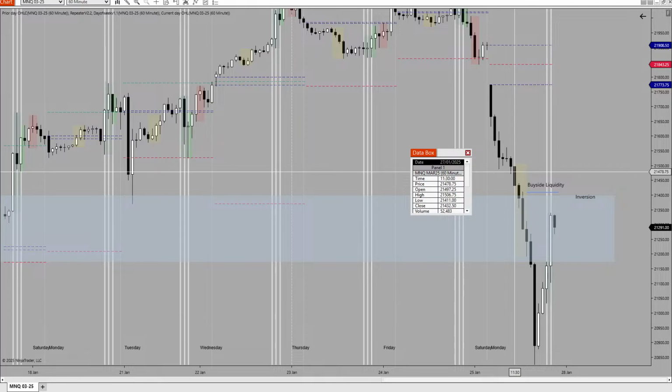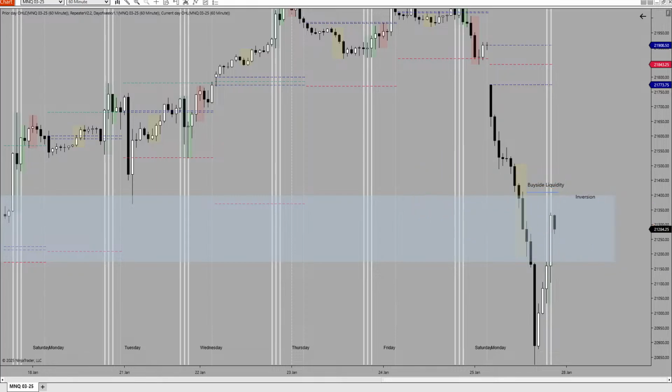So look at the low over here, this price. That is 21,411. That is the low on this candle. Look at the high of this candle. This is 21,412. So 411 and 412. So these two candles have touched each other. By 1 point, this candle has gone higher than this low. So this phenomenon is called immediate rebalance.